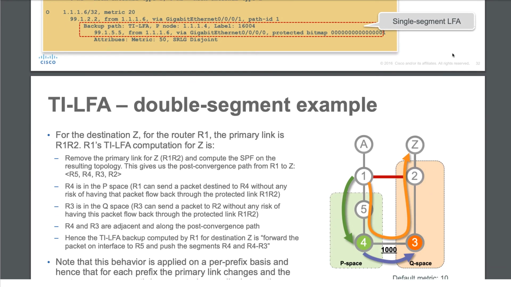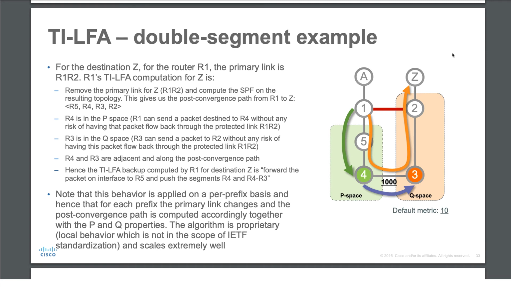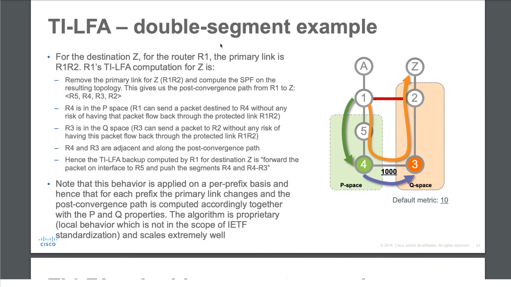Now let's take a look at a double segment example. So as the name says, double segment, that means we will be making use of two labels or two segments to come out of the P space and to go to the Q space. That means when the backup path is being programmed, we are making use of two prefixes really to come out of that failure. So if you take a look at this particular topology, when the link fails between 1